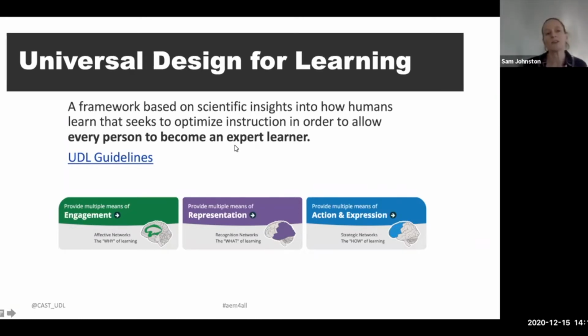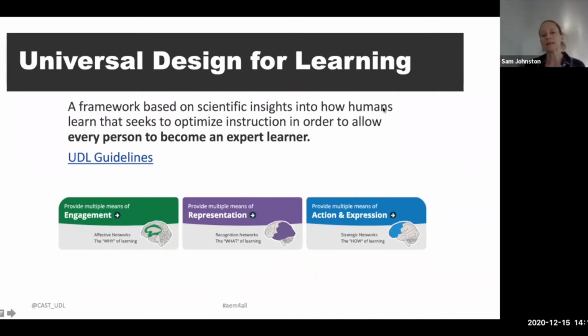Similarly, and probably what aligns most with accessibility, is the focus on our recognition network. This is at the back of our brain and focuses on the many ways in which we perceive information. That differs very much from one learner to the next, and it again differs in one learner over time. So you can imagine somebody who has a hearing impairment needing captioning on a video, but you can also imagine someone using their mobile device to access their courseware while sitting on the bus, who would also benefit from that captioning. We ensure that we provide multiple means of representation to account for the fact that people perceive information in more than one way.